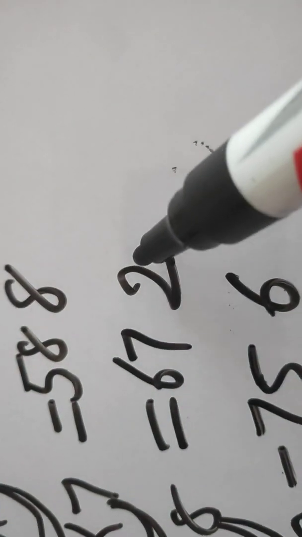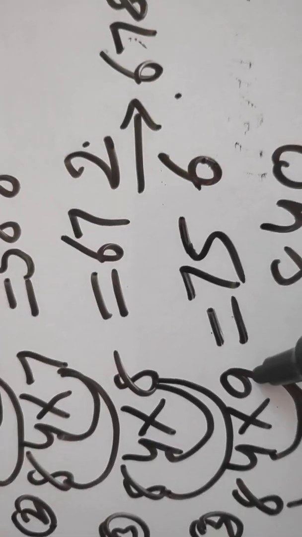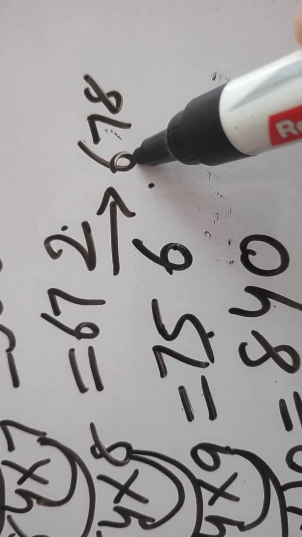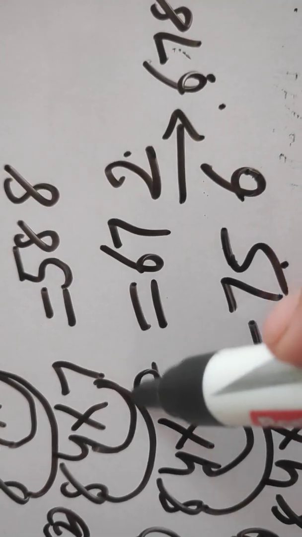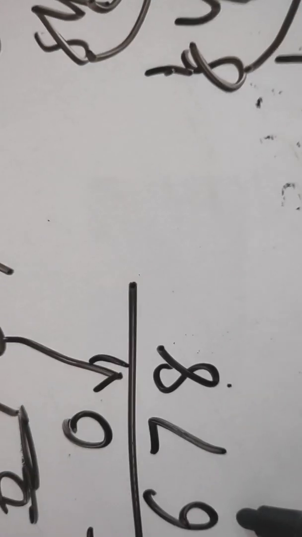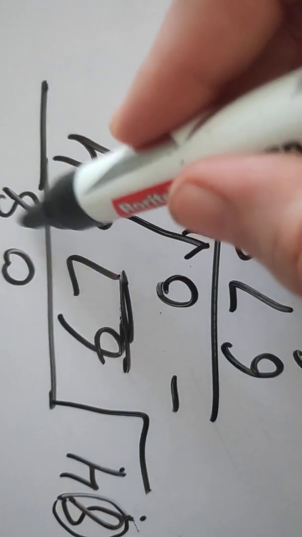678. Here is 672. Here 756. It lies in between this 678. So our table will not go on 9, because with 9 the product will become bigger than 678. So the table goes on 8s. So you will write here 8 and your product becomes 672. When you multiply 84 by 8, the product is 672.